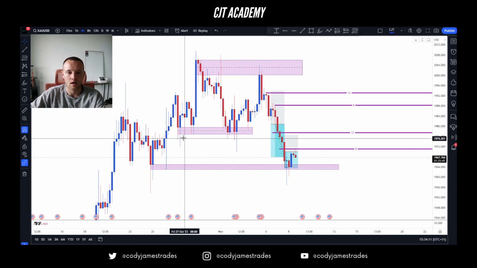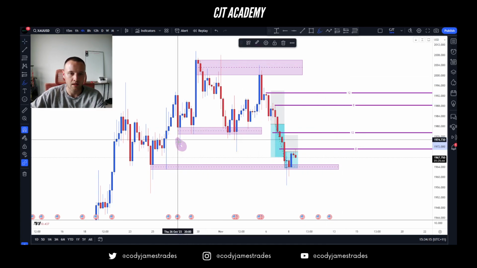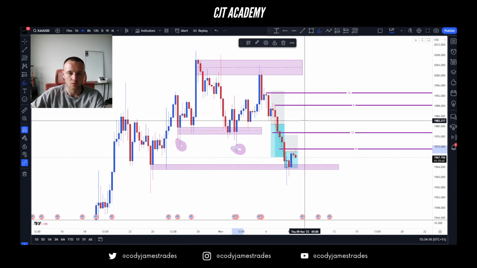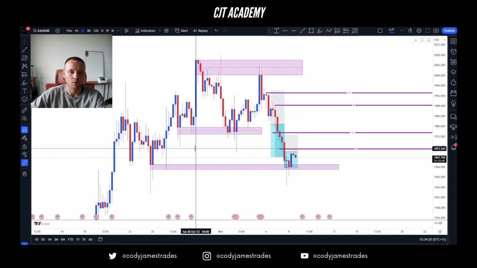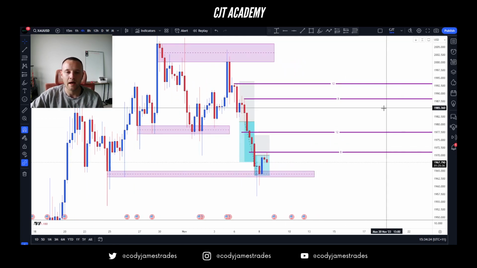We break some market structure. So we break these lows down here. You can see we made lows here, and then we broke those lows over here and broke structure to the downside before we retested and then started to sell off. And then what we had was